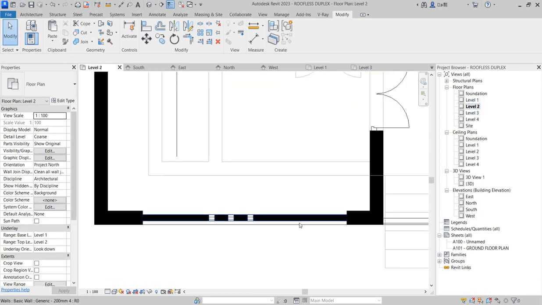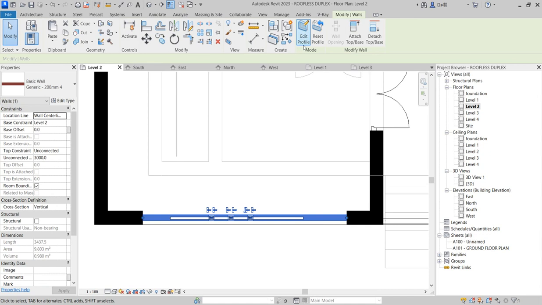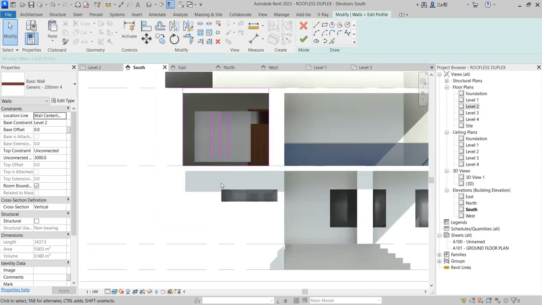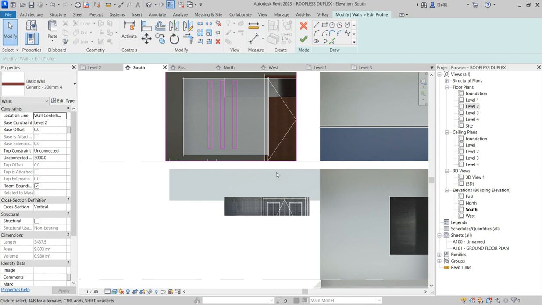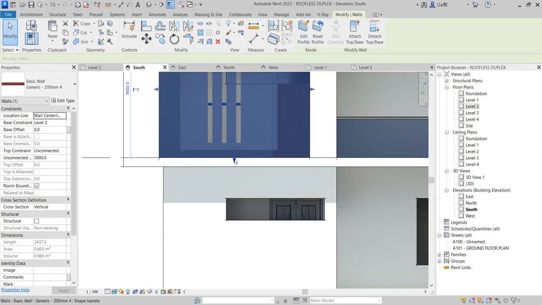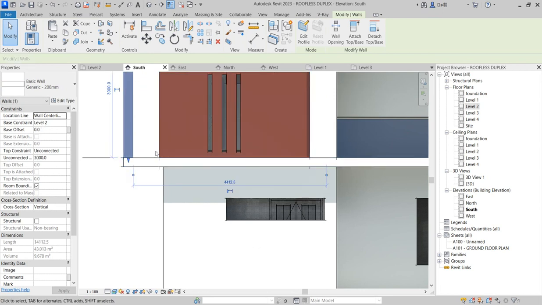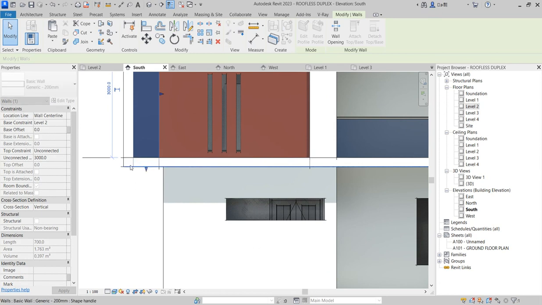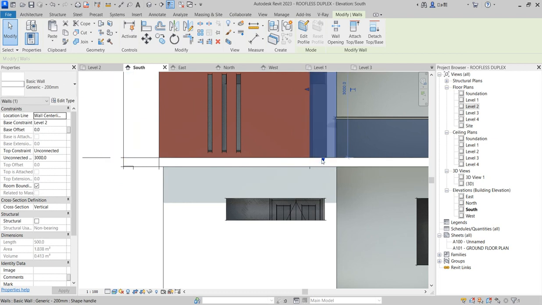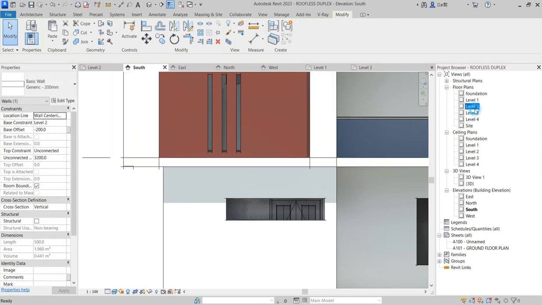So go to your level 2, select this one and say edit profile. Go to start elevation. You may not even need to edit the profile, but just check where it stops. So I'm having it here, but I want it to go down below this level. So you click finish and you select that and you drag it down. You select this one too, sorry, this one, and drag it down. Select this, drag it down. Select this and drag it down. So you go to this and say,